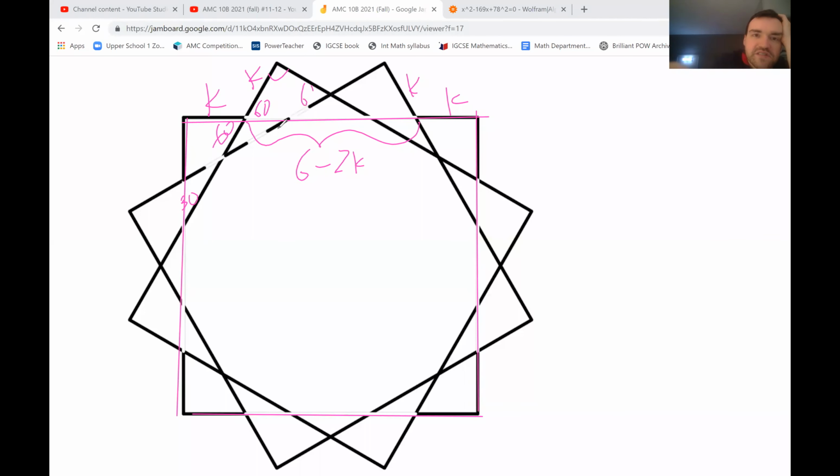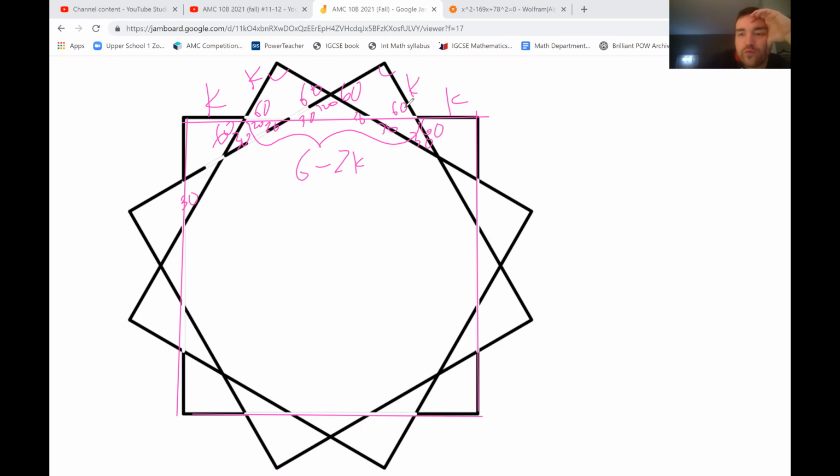Yeah, so this is 60, 60, 90, 60, 60. This is 30, 30, 30, 120, 120, 30, 30. Right? I just like to fill in some of the missing angles. It helps me to kind of think about what this would be, right? Now,